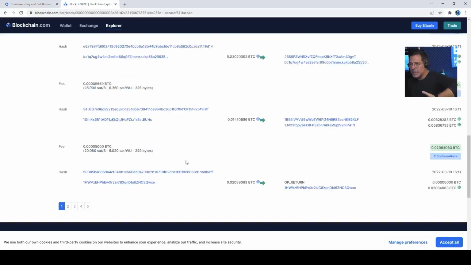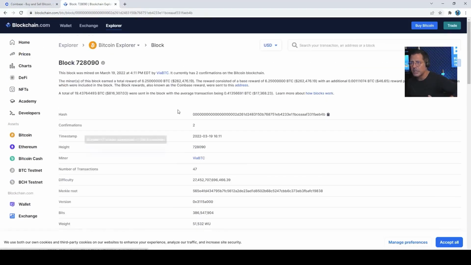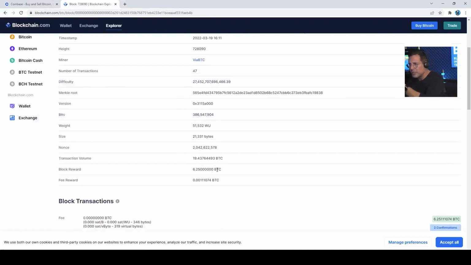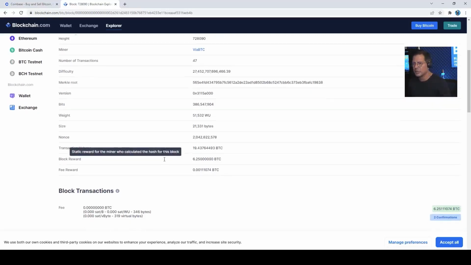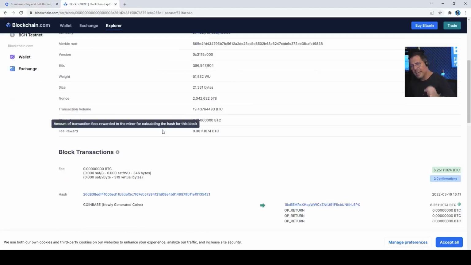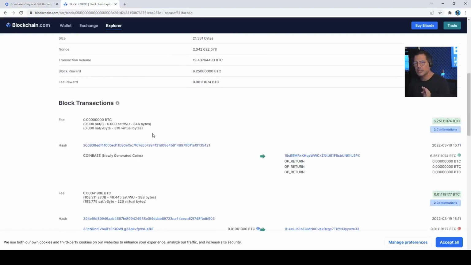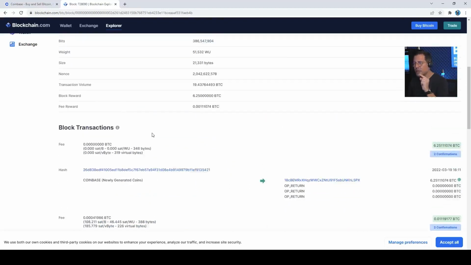So this entire block and all the transactions that it included gave this miner not only 6.25 new Bitcoins, but also 0.00111074 Bitcoins, which consisted of transaction fees they received from all the transactions they included in that block. So let me take you to the next view. When you look through the block, every single block on the Bitcoin blockchain always has, as its first transaction,